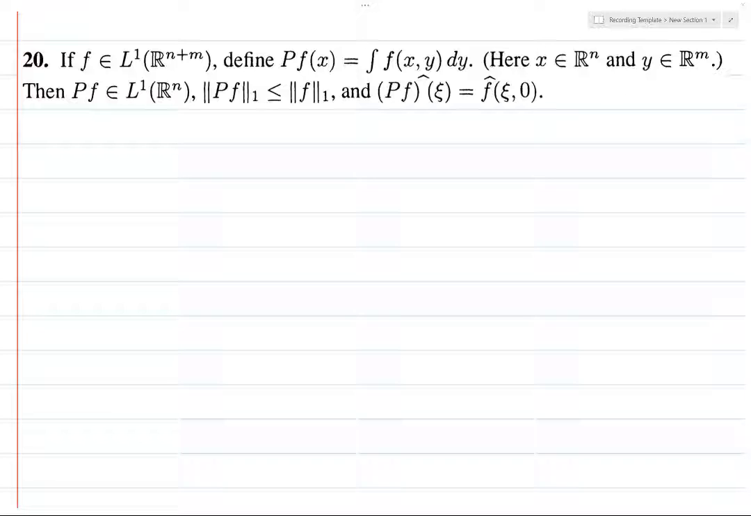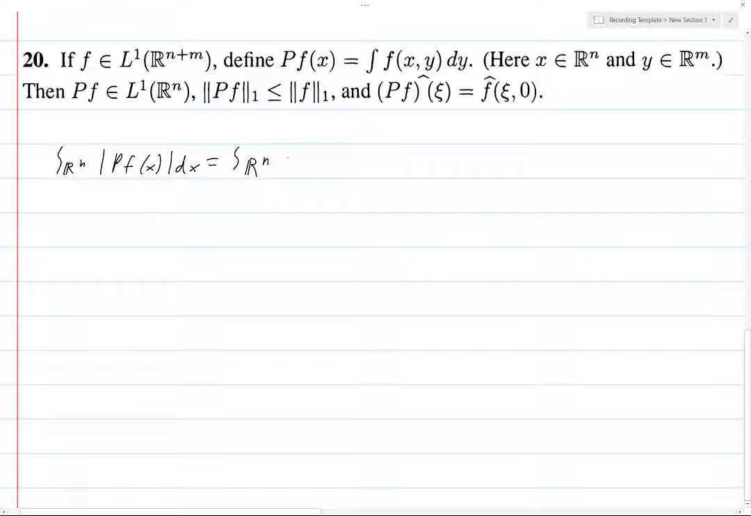So, we want to prove that PF is in L1(Rn). So, we compute the integral over Rn of PF(x) dx. What is this? This is the integral over Rn of the integral over Rm of f(x,y) dy dx. This is less than or equal to the integral over Rn, integral over Rm. Now let's write it on the next line to make it not just, well, you'll see why. Integral over Rn, integral over Rm, |f(x,y)|